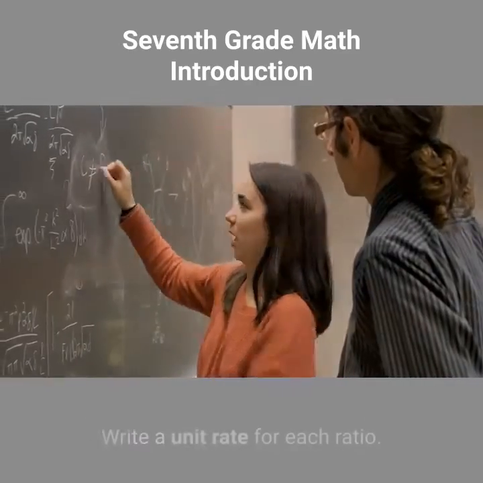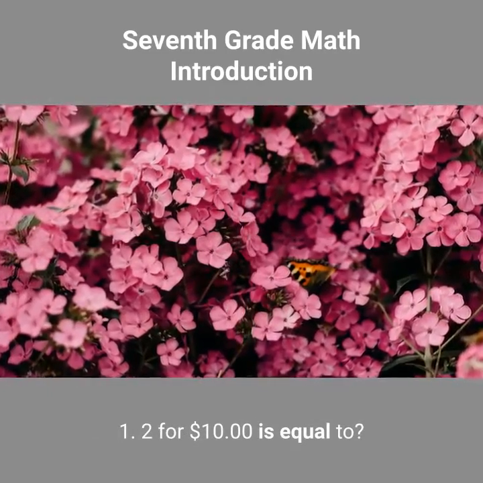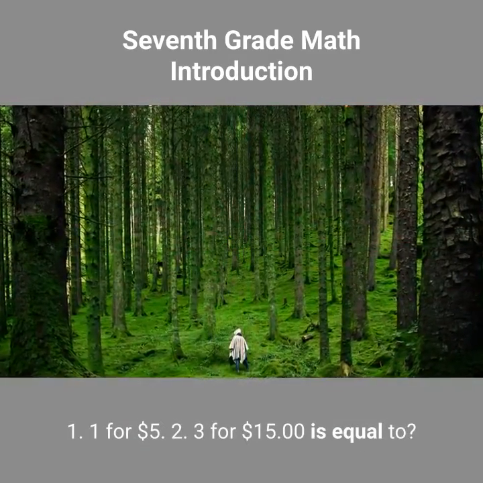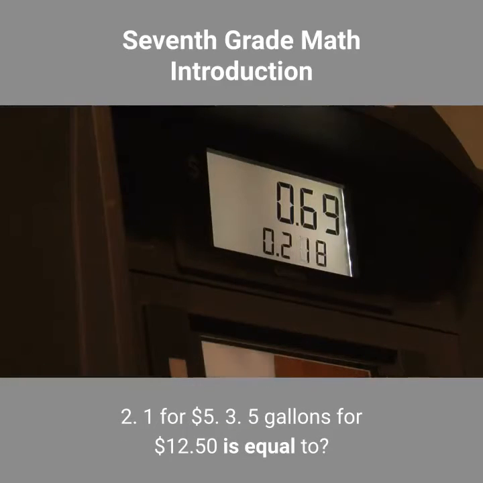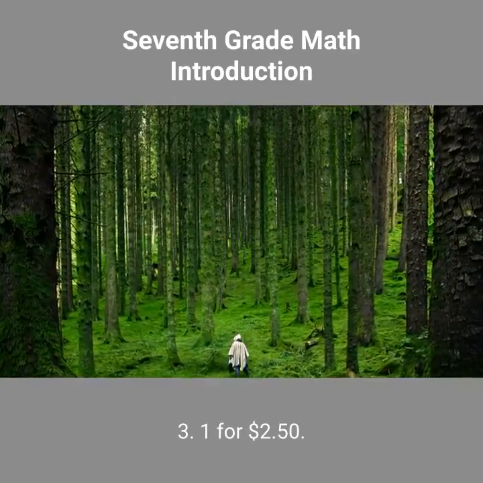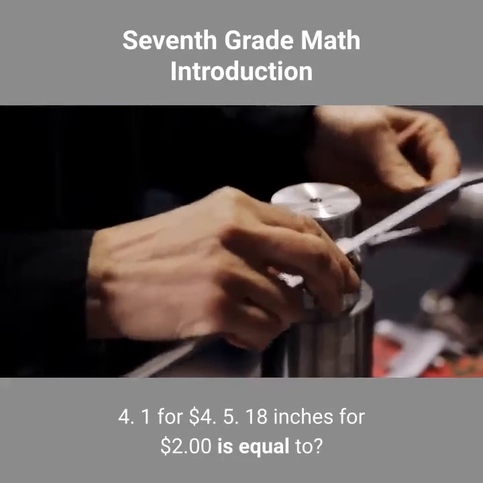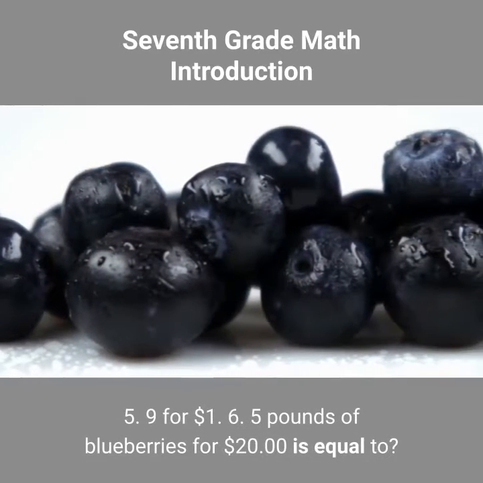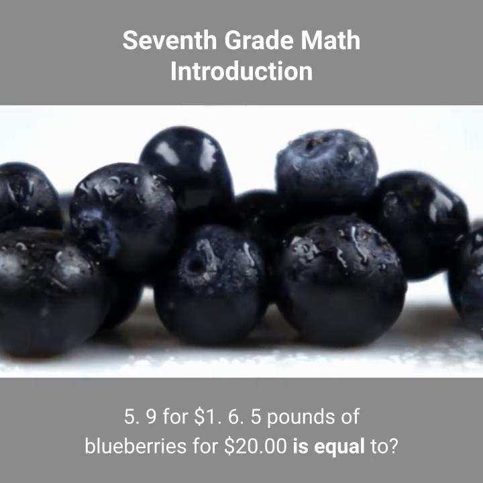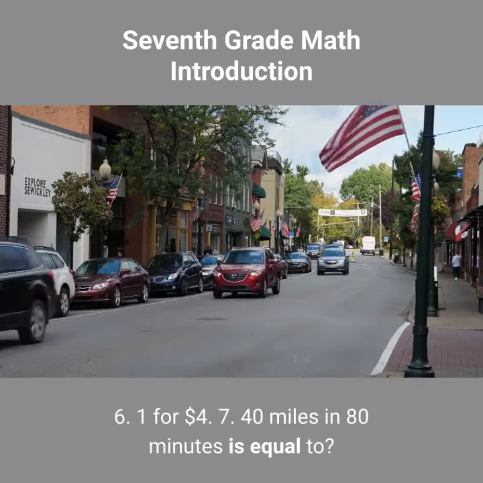Quiz yourself. Write a unit rate for each ratio. Let's see how much you know. 1. 2 for $10 is equal to 1 for $5. 2. 3 for $15 is equal to 1 for $5. 3. 5 gallons for $12.50 is equal to 1 for $2.50. 4. 16 pounds for $40 is equal to 1 for $4. 5. 18 inches for $2 is equal to 9 for $1. 6. 5 pounds of blueberries for $20 is equal to 1 for $4. 7. 40 miles in 80 minutes is equal to